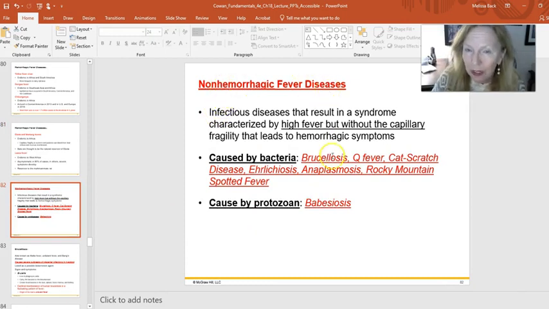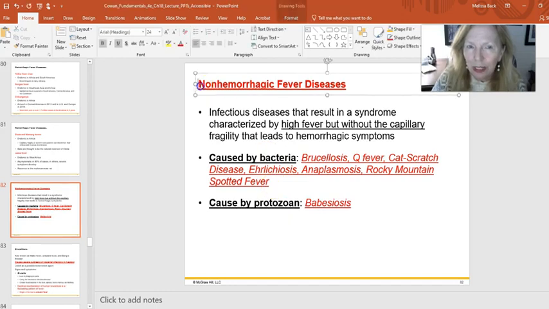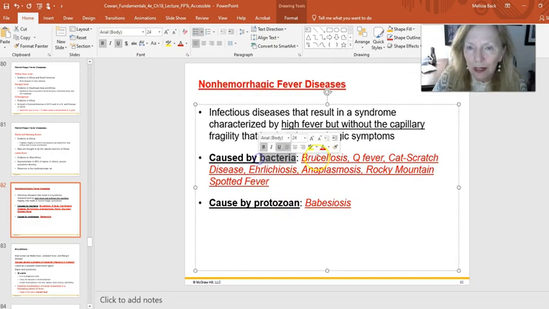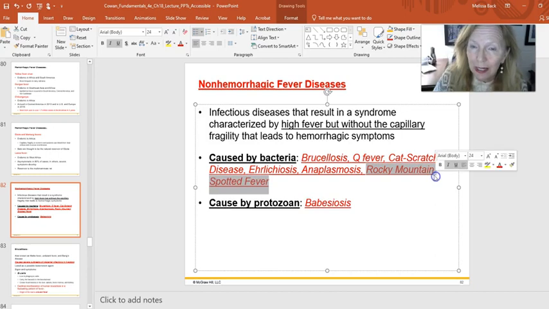Non-hemorrhagic fevers, obviously we think about some of these as you would initially think, okay, well, these must not be as serious, but some of these are pretty serious, and some of them have a significant mortality rate. The bacterial causes, this is a list of some of the bacterial causes. Rocky Mountain spotted fever is one that many of you all may have heard about because it's endemic in this region. It is caused from a bacteria called Rickettsia rickettsii, that is on your list.